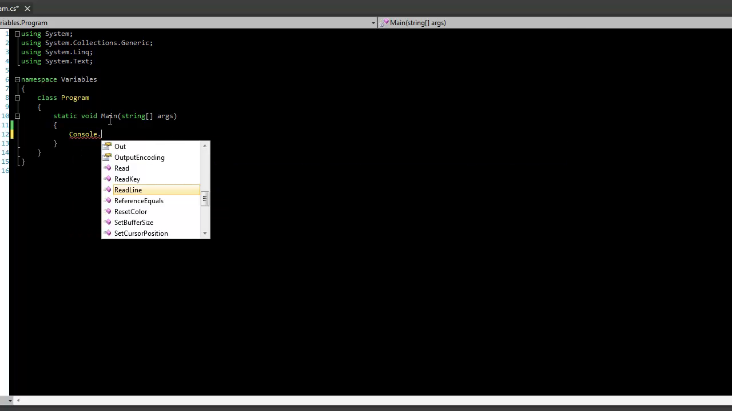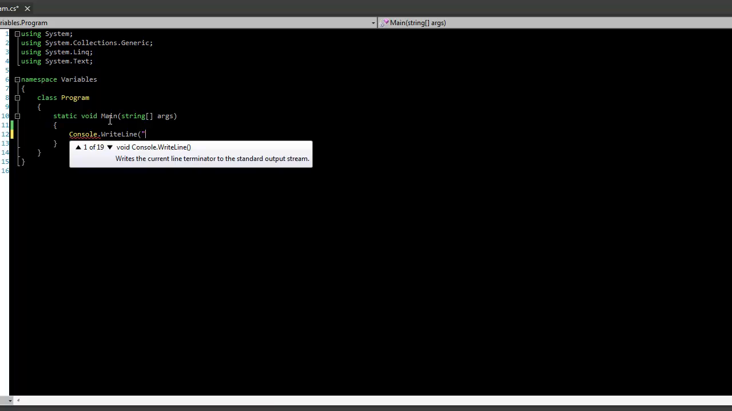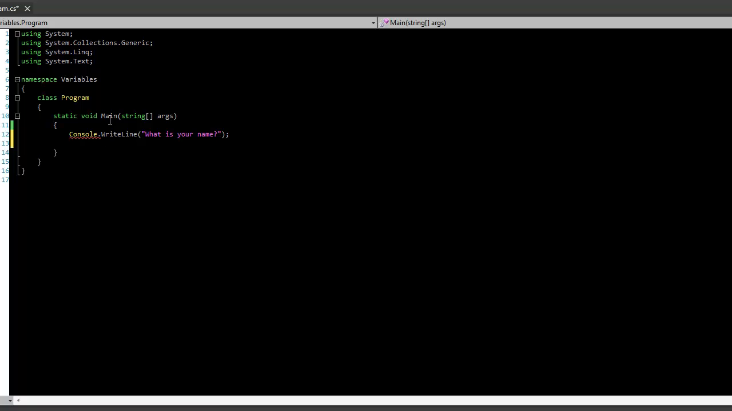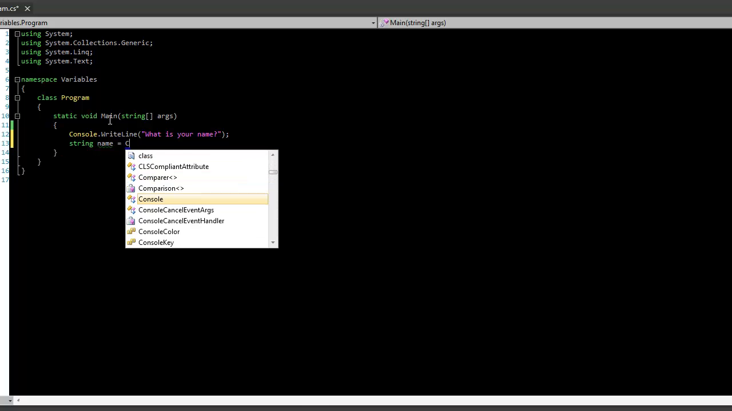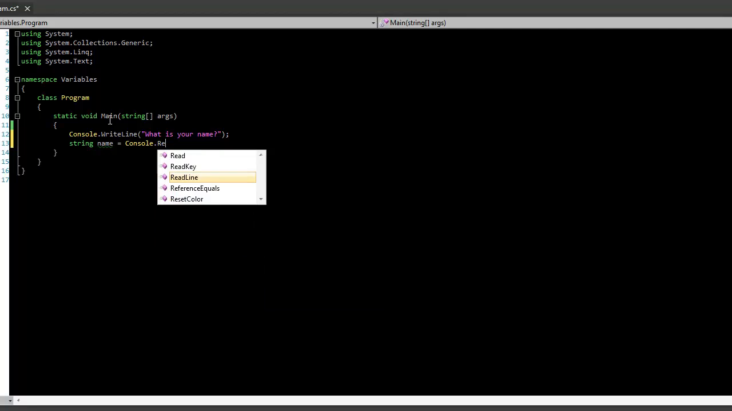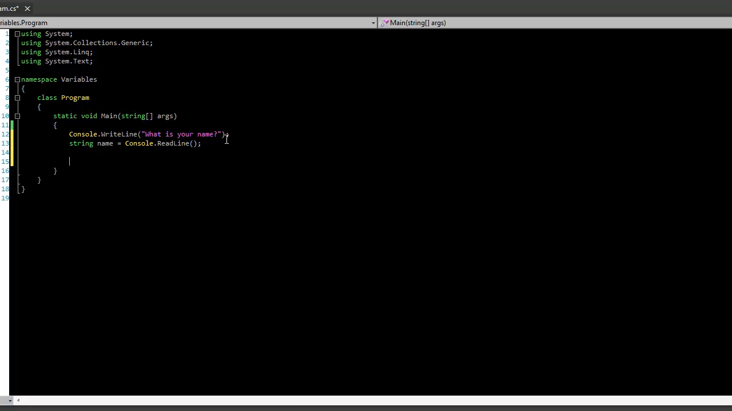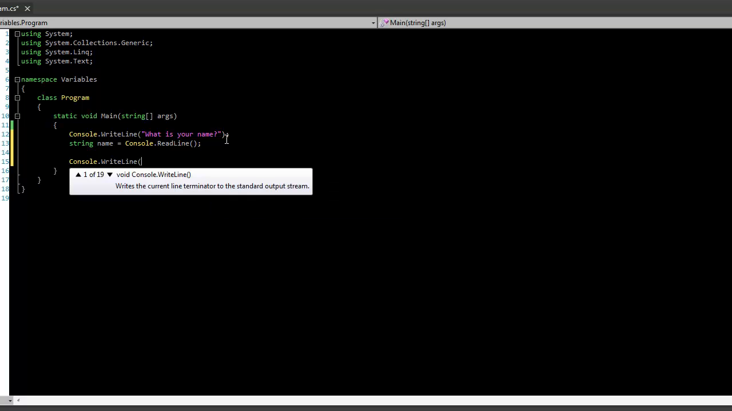So we'll say console.writeLine, what is your name? And then this is something new, so we'll make a string called name, and we'll set this equal to console, not writeLine, but readLine, which basically gets a string from the user. So we're going to get a string from the user and stick it into the name variable. Then after this, we can do console.writeLine, and here we can say hello,